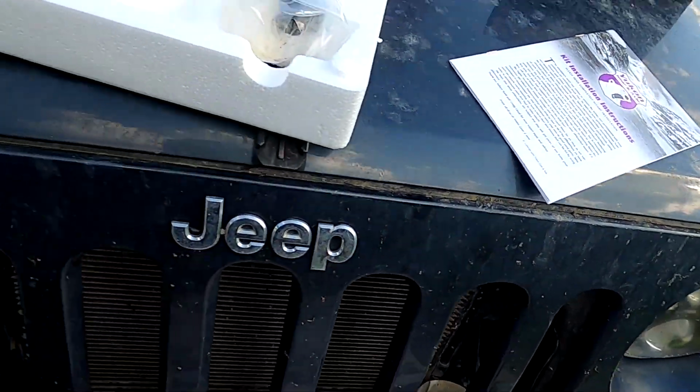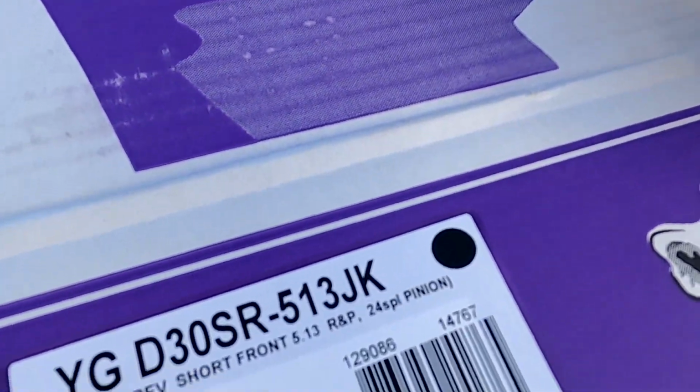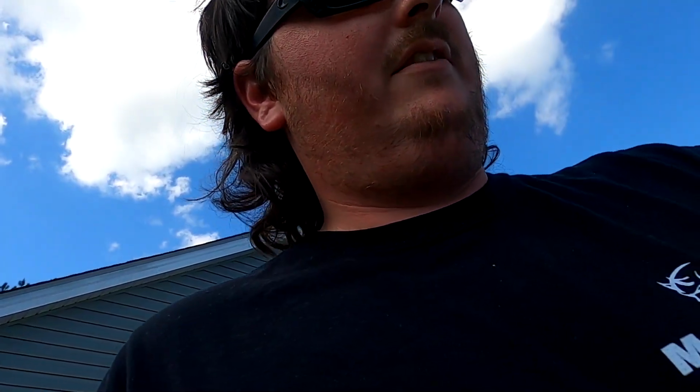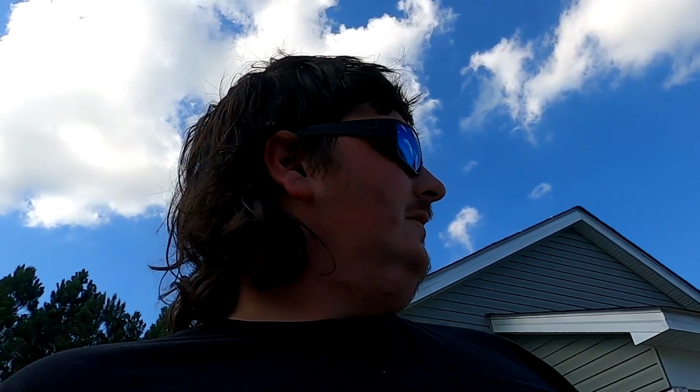But we went with 513s, front and rear. 513s is the highest I can go in a Dana 30 housing, or at least the JK Dana 30. So that's what we went with, because this is an automatic and it's a little sluggish out on the highway, and it likes to shift and or upshift and downshift a lot, which we don't want it